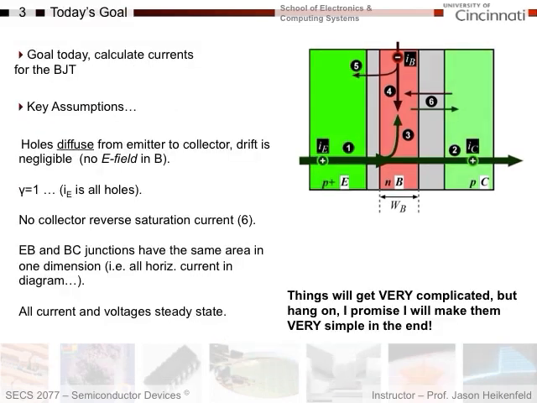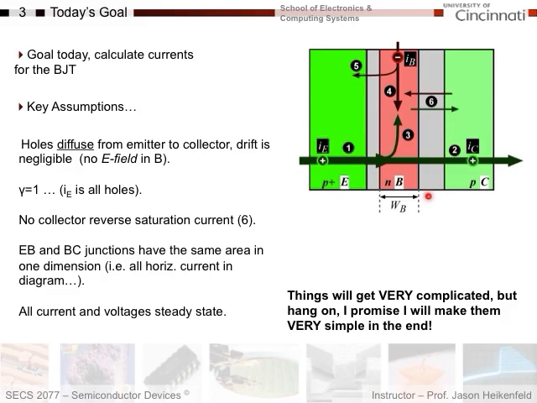Okay, so let's get started now. So our goal today is again to calculate currents for the BJT. When we do that, to simplify the math, we're going to make a couple key assumptions. The first key assumption is that holes diffuse from emitter to collector and drift is negligible, meaning that there's no electric field in the base. So we're going to assume that diffusion dominates the current flow across the base, which is a fair assumption as